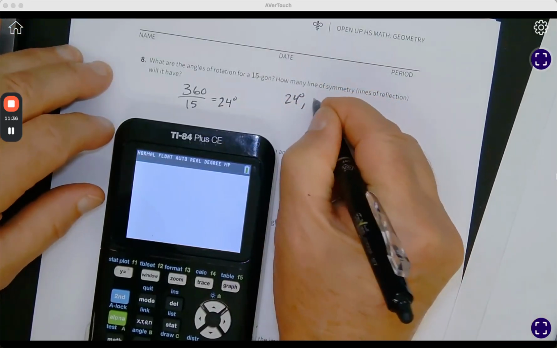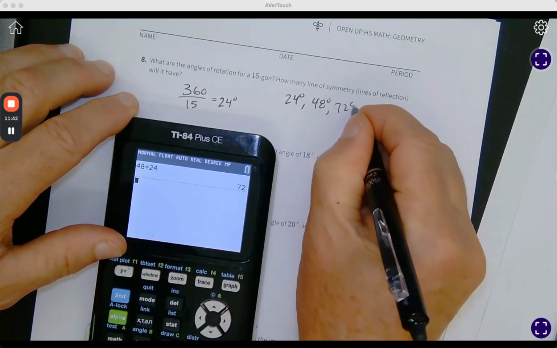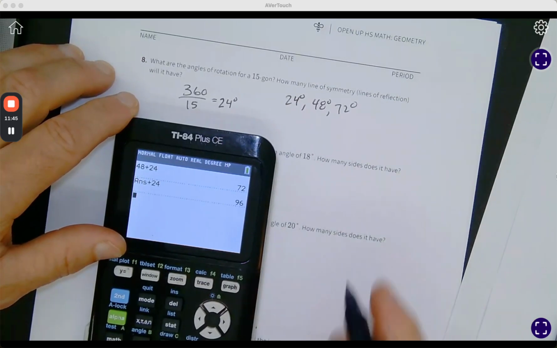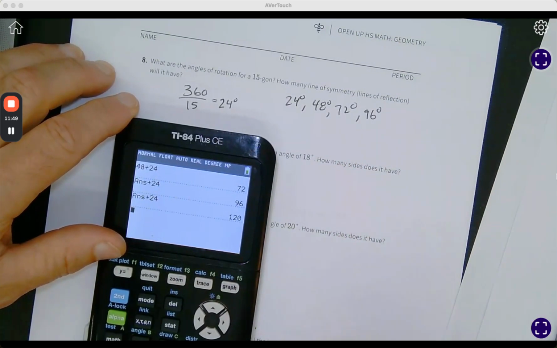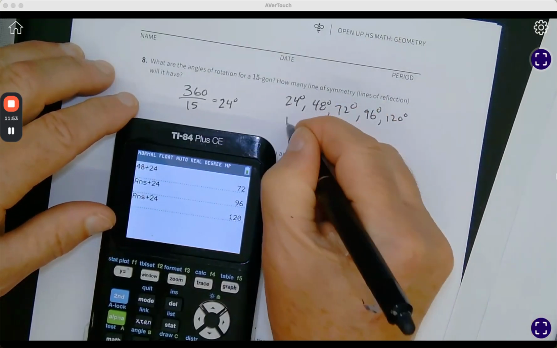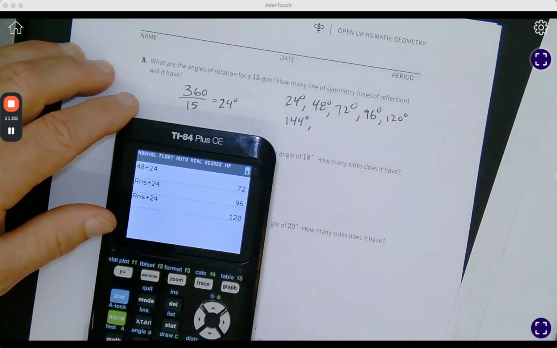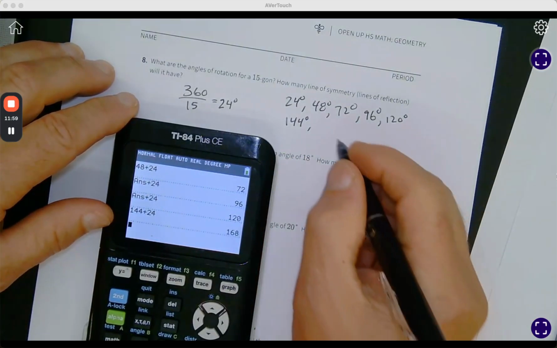Add 24 to that, 48. So 48 plus 24, 72. 72 plus 24, 96. 96 plus 24, 120. 120 plus 24, I know that one, 144. 144 plus 24, 168,